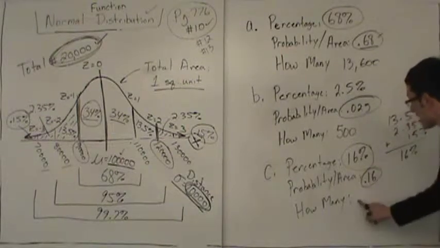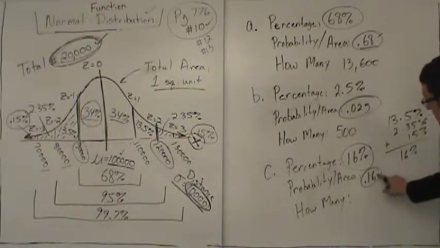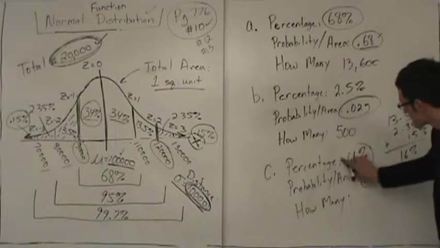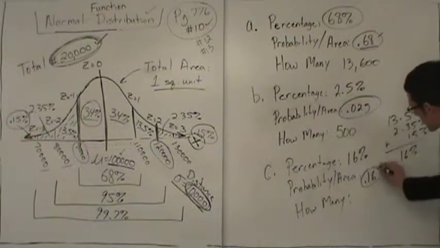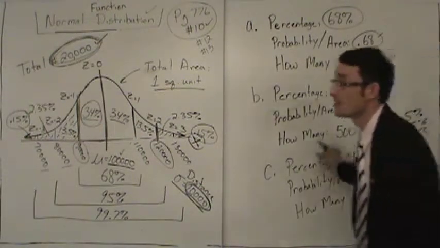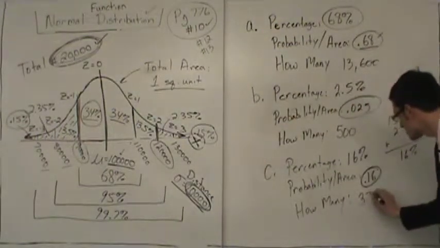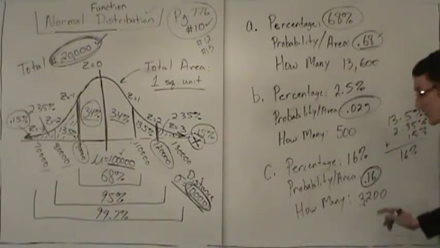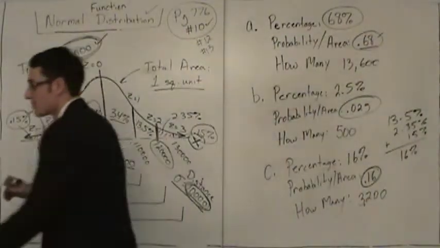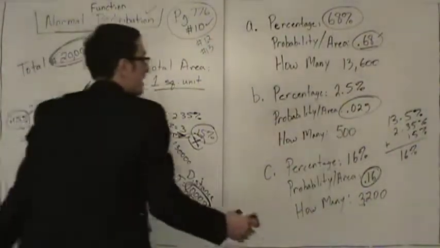Now to find how many, we take the probability, 0.16, and multiply by what? The total number, 20,000. 0.16 times 20,000 is 3,200. Still very small. 3,200 is still very small in comparison to 20,000. Now, lastly,